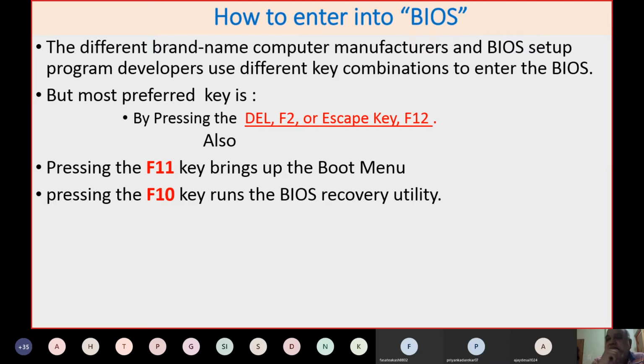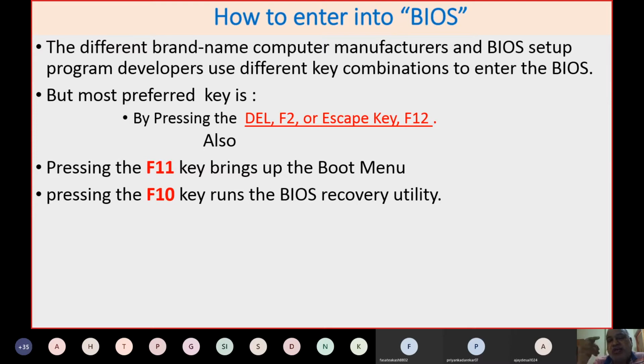Probably the very first reason, I would say, is if you want to set your bootable drive, which drive you want to boot from, then in that case you have to go into the BIOS. If you have a bootable pen drive, and you want to upgrade your operating system or install a new operating system, then you need to set the pen drive as the bootable drive in the BIOS.